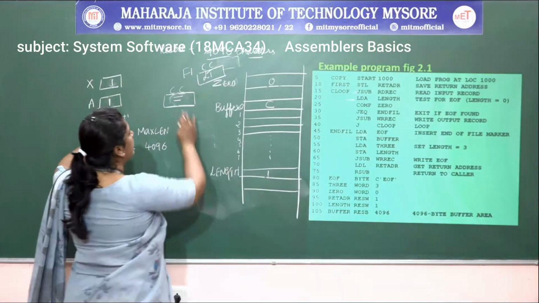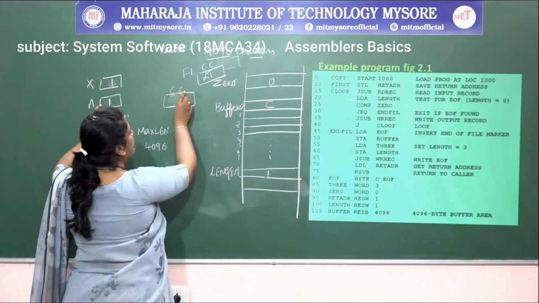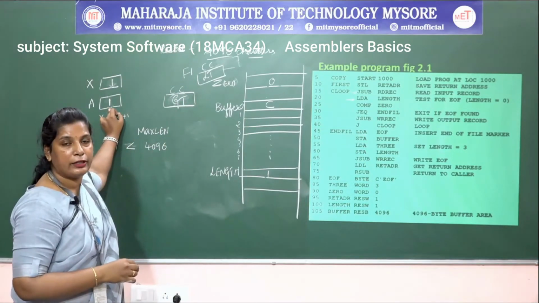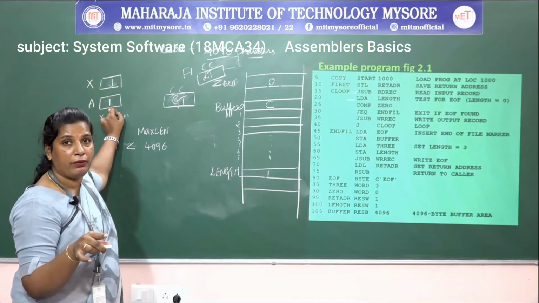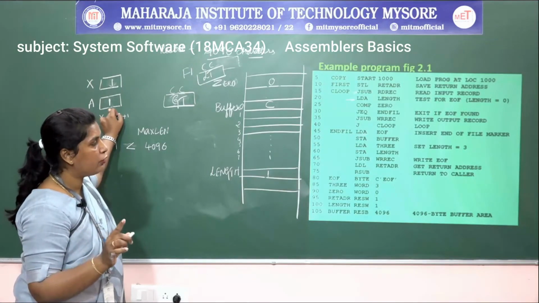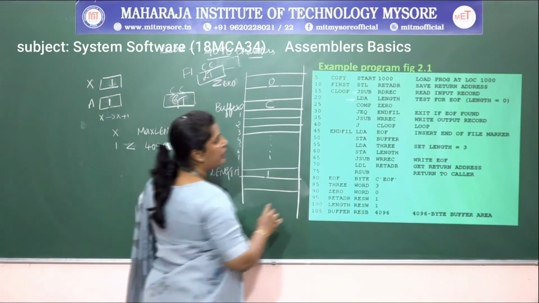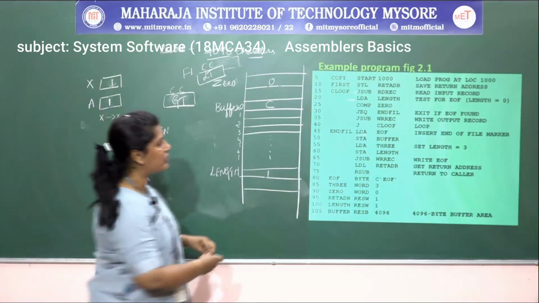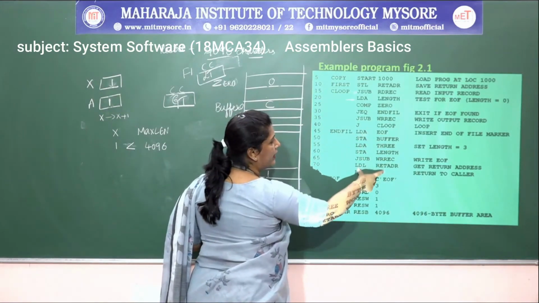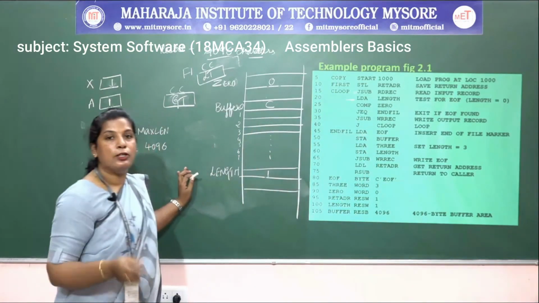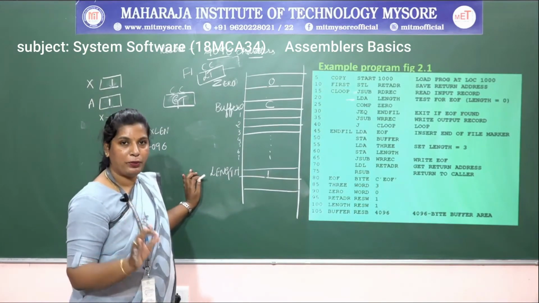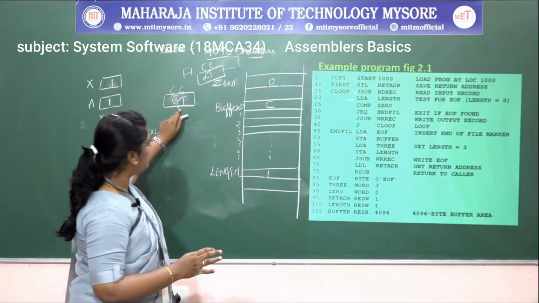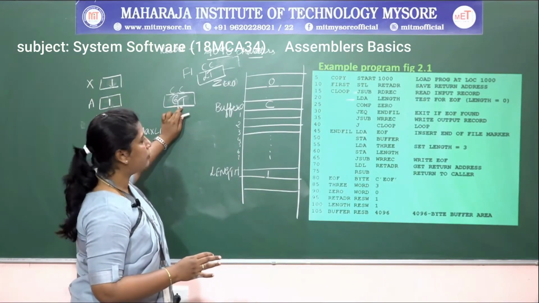Here 1 is greater than 0, so it is going to set the condition code flag bit as greater than, as the accumulator value is greater than that of the memory word, that is the 0 which is present in the memory location. If it is equal to 0, it means it is the end of file, and it goes to the end of file routine, which has to display end of file onto the output screen. It means there are no records to be displayed. So is it equal? No, it is not equal.